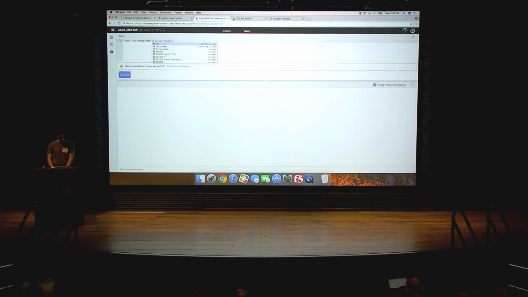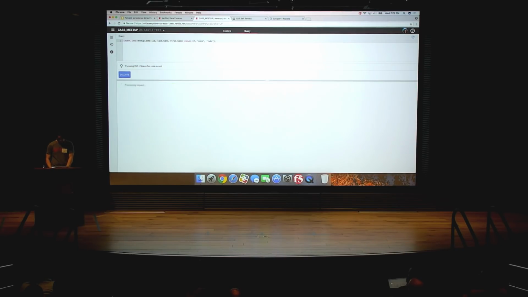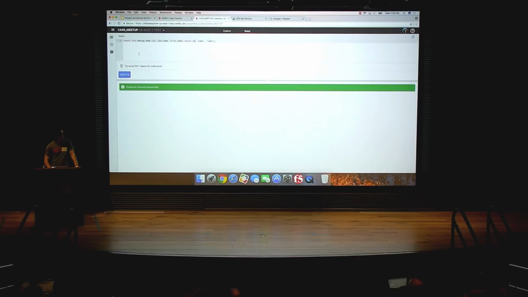So here we've got a partition key of ID, last name, first name, and I'm just going to add a couple of sample rows. So I'm going to add Jessica Jones, maybe Luke Cage, because why not? So we've got a couple of rows inserted now,